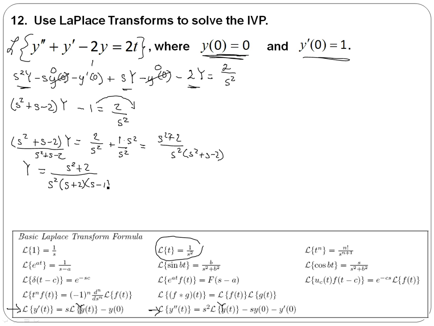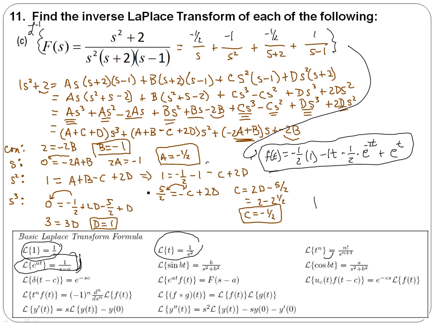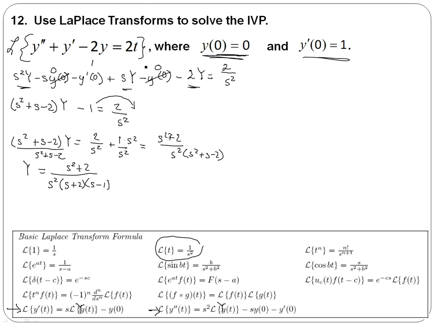And let me go back and look at number 11 and see if it's the same. S squared plus 2, and then you have s squared, s plus 2, s minus 1 in the denominator. So this essentially is question number 11. When you apply the inverse transform,